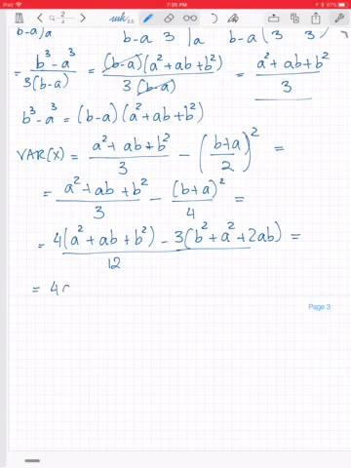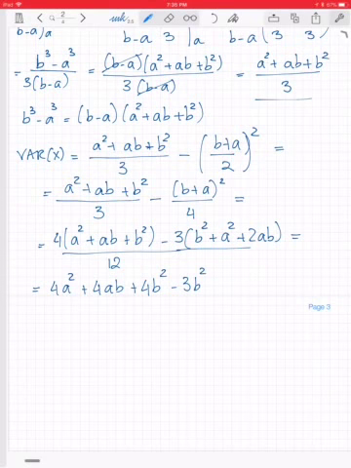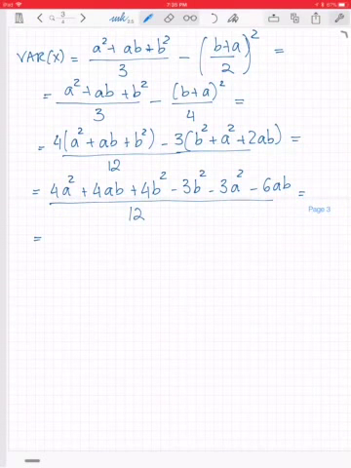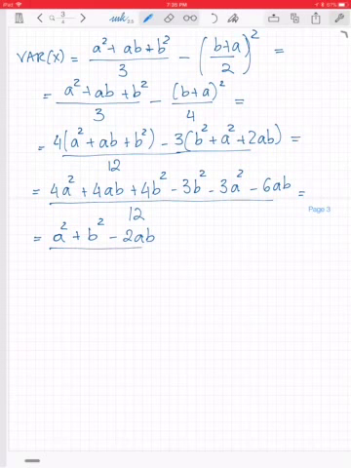So I have 4a squared plus 4ab plus 4b squared minus 3b squared minus 3a squared minus 6ab, all divided by 12. So after a few calculations, we have (a squared plus b squared minus 2ab) divided by 12,